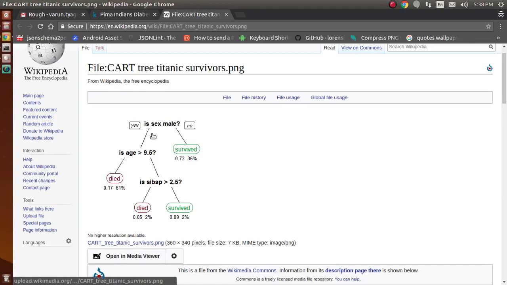Here you can see we have a tree in this example. It is checking whether the sex is male or not.